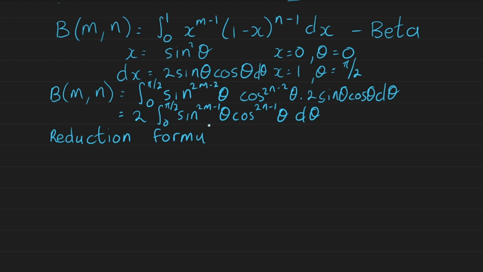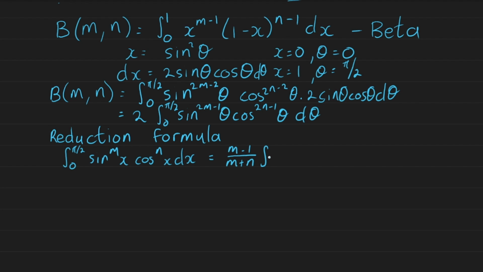So we need to make use of a reduction formula. There are several types of reduction formulas that have been developed, for example, sine to some exponent, then cos to some exponent, etc. The reduction formula that we're going to use is specifically the integral from 0 to pi over 2 of sine^m x times cos^n x dx, and this is equal to (m minus 1) divided by (m plus n)